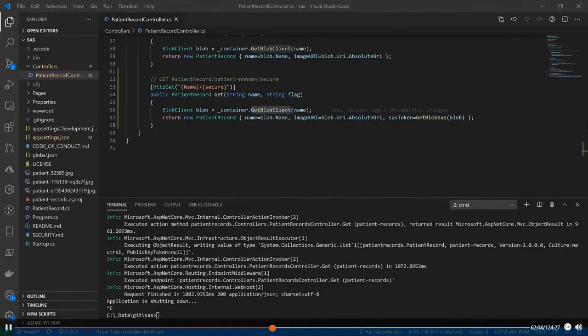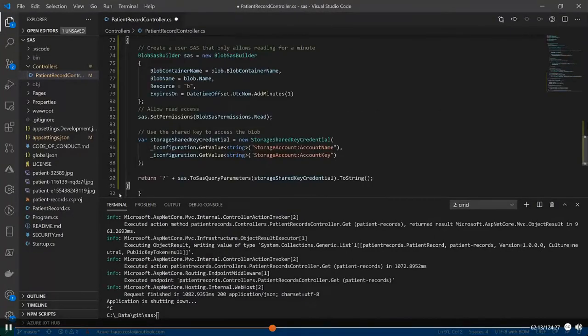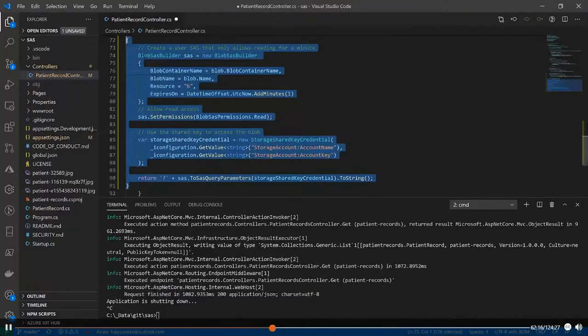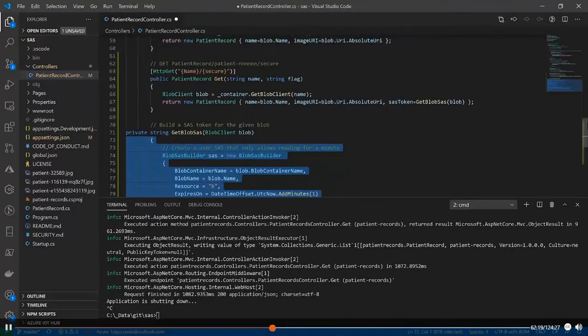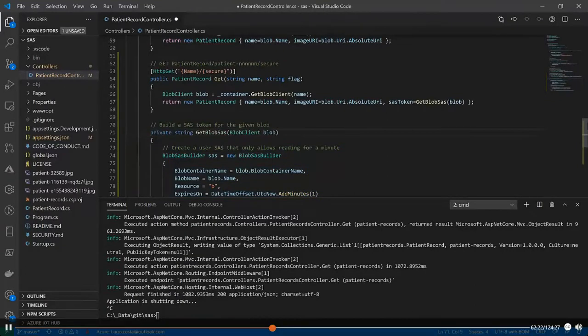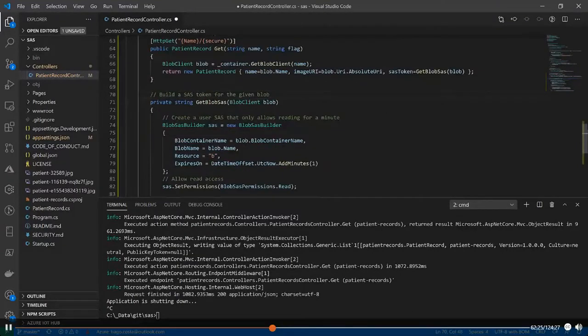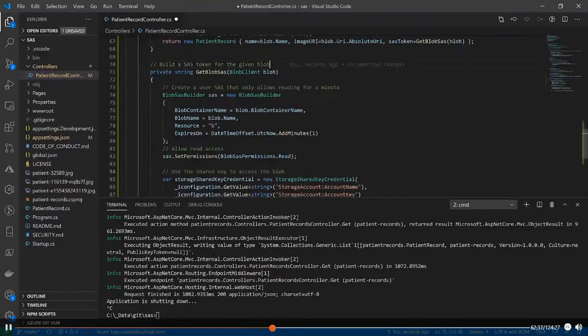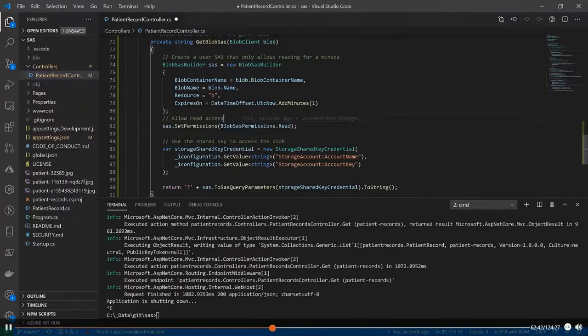So I need to create that method now. So let's just do that. I can just do this straight away in here. Is not, like I said, ideal, but as a demo, it is okay. And if we see this here, this method uses the past blob client object, and then it creates the blob SAS builder. This will generate the SAS that is read-only and expires in 1 minute. Okay, so basically this is what we are doing with this bit. So let's just